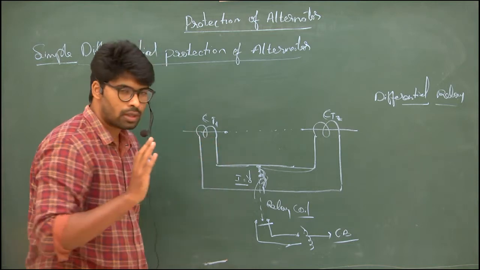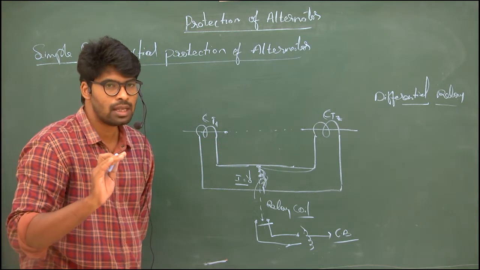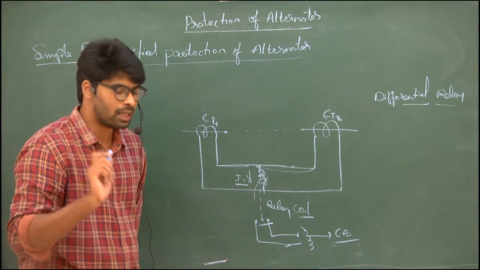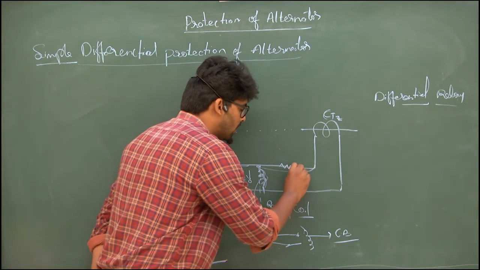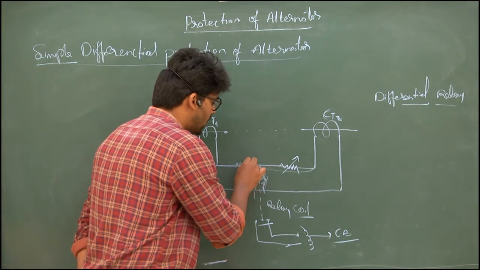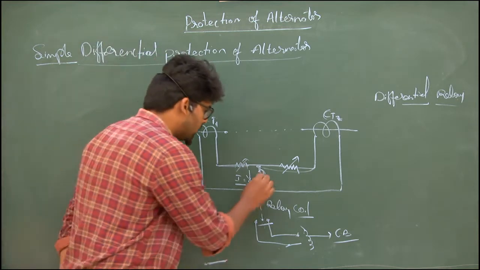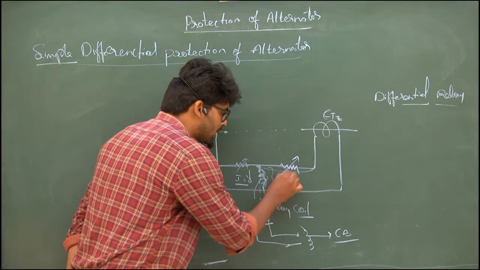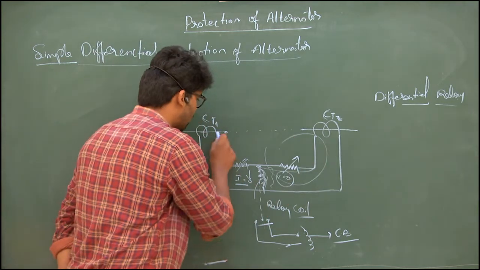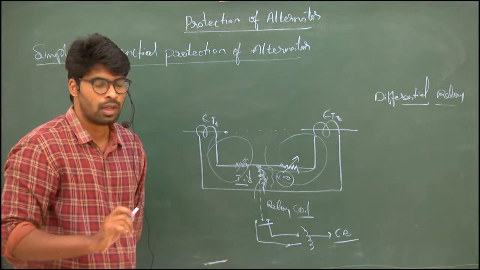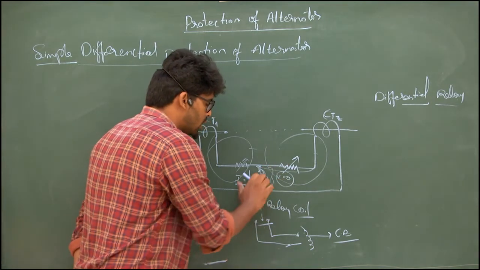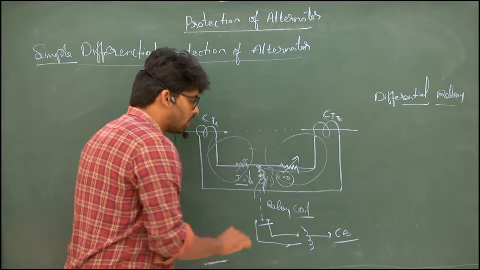As you know, nothing is ideal in making equilibrium, so there is a chance of circulating current even under normal conditions. So we may keep a balance resistor, so that we can make the potential difference between these two zero. If the potential difference is zero, there is less chance of current flowing. That means you have to make the potential across these two equal. Then there is no voltage across the coil, so no current flows through this coil and there is no excitation.